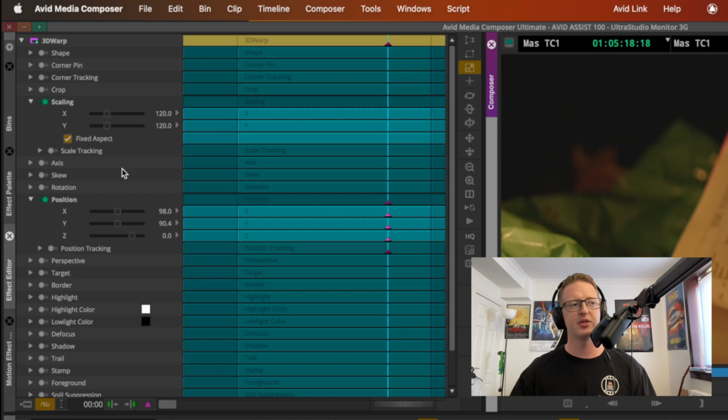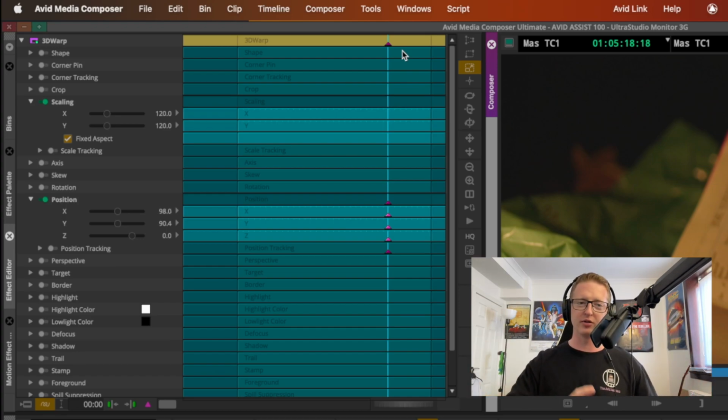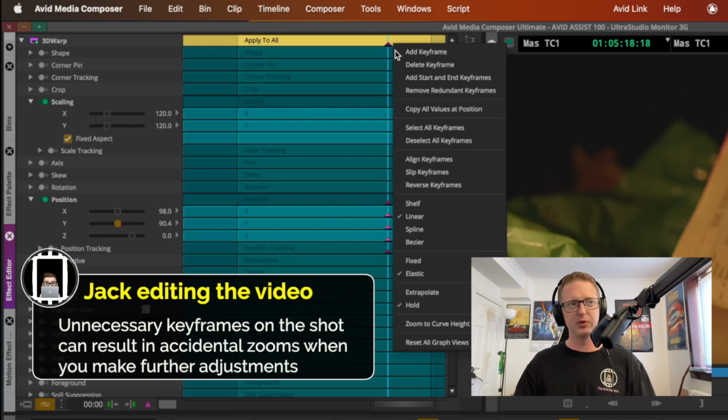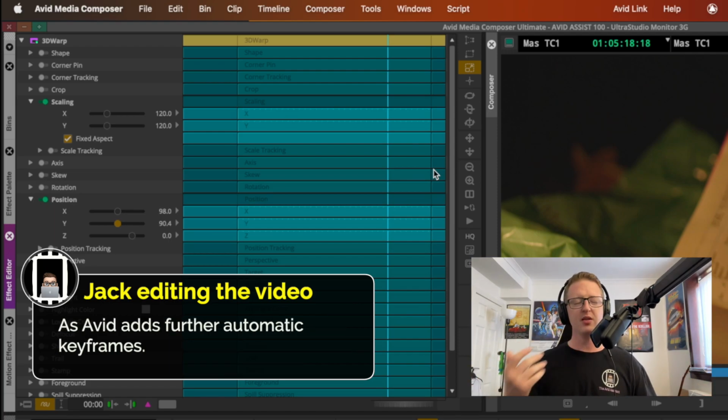And you can see as I've done this, in this area to the right, which represents the duration of the clip, it's added a keyframe at this point I was parked at. Now, if you were just looking to zoom in and reframe that clip overall, like you're not looking to do any motion to the clip, then you could delete this keyframe. You don't necessarily need it. If it's a single one keyframe on the shot, it doesn't really matter either way. It's not a big issue. But if you want it to be slightly more clean and tidy, you could delete this keyframe. It will keep all your zoom and reframe that you've done, but there's going to be no